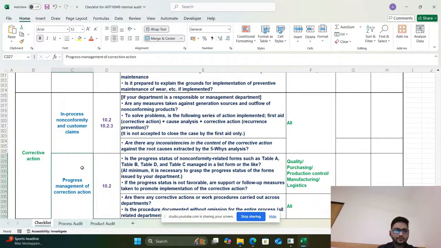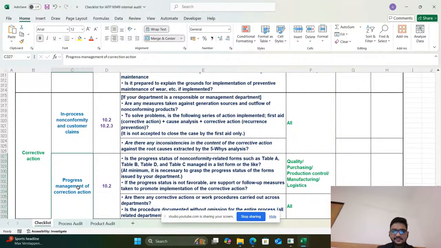Next is process management of corrective action, that's coming in 8.2. And on progress, how we can manage the progress of the corrective action, that comes in 10.2.